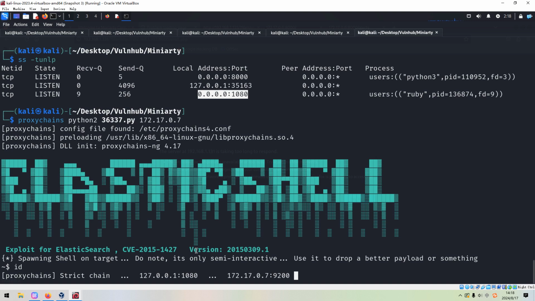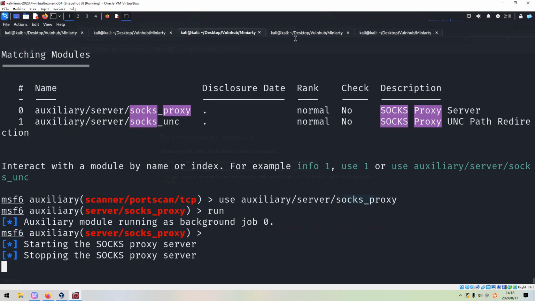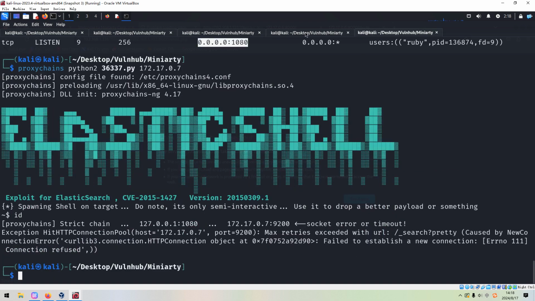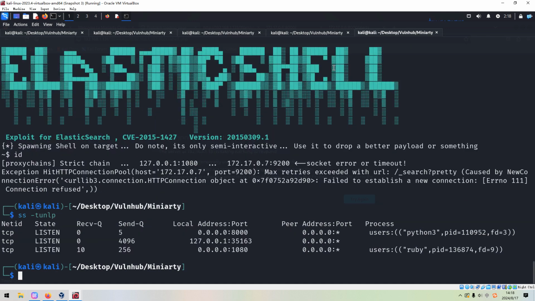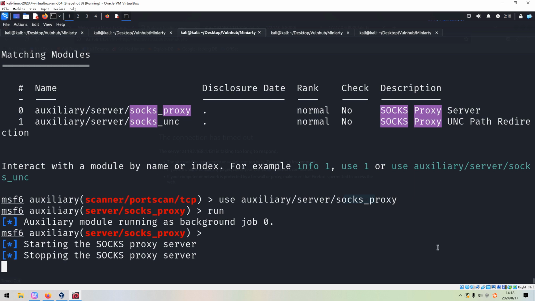It looks like it doesn't work. So the proxy is stopping. Oh, maybe we need to use sudo. And oh, terrible. Okay, so I'd like to restart the Meterpreter again.